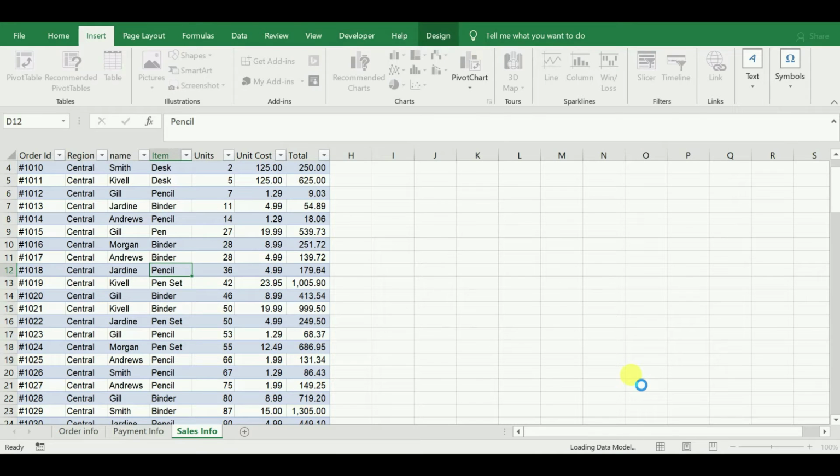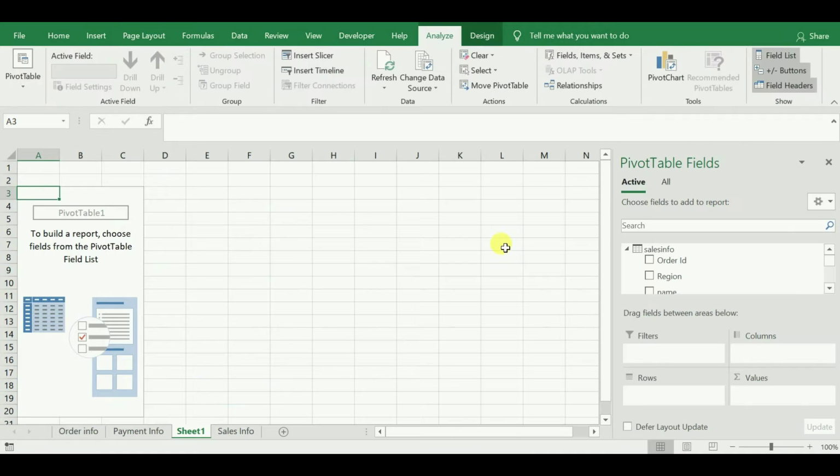When you click on OK, the pivot table is created in the new sheet, that is in Sheet1, and on the right side the pivot table fields will appear. It is different from the regular pivot table. I have some sections, that is active and all.